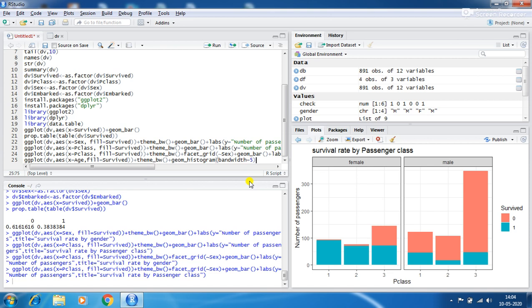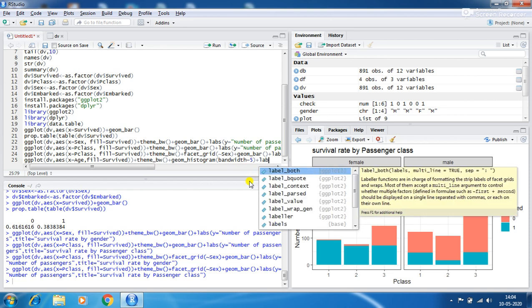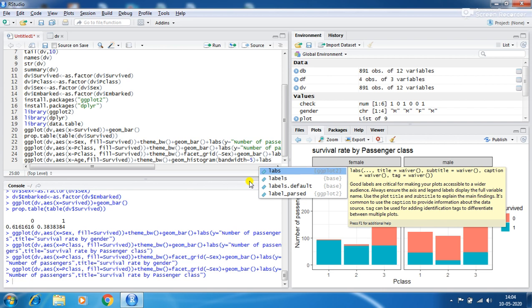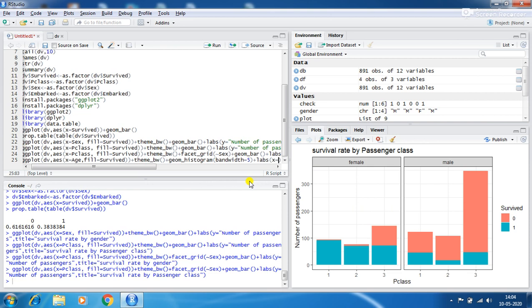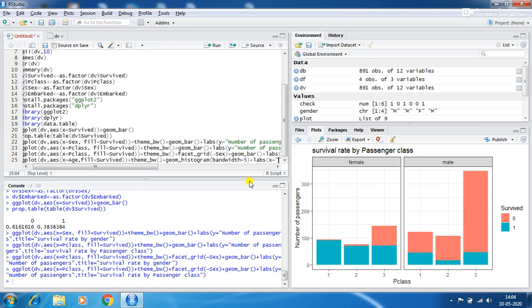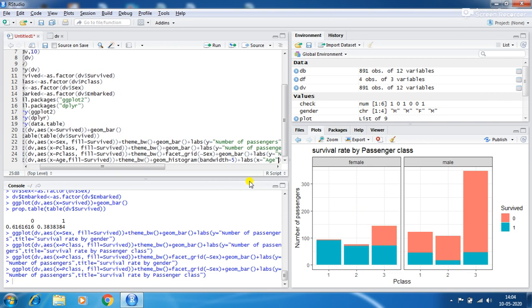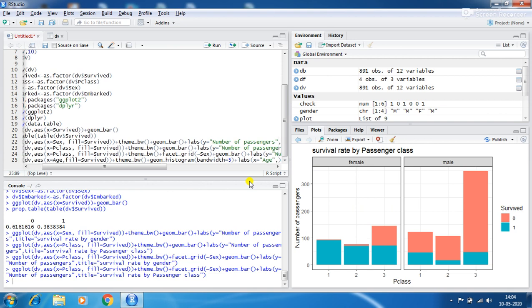Okay, then plus labs, x label equal to age. So we find out the age versus the survived.